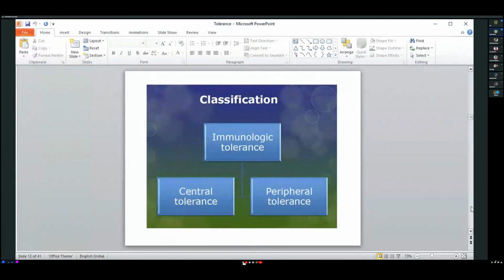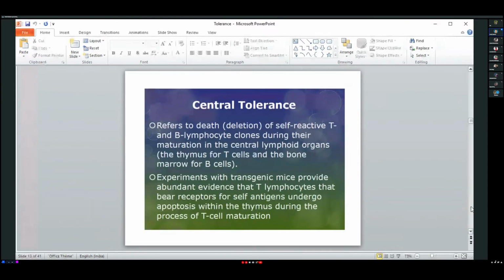নিঃসন্দেহে এটা হার্মফুল হবে। So এবার আমরা জানবো, মনে রাখবে ইমিউনোলজিক টলারেন্সকে দুটো ভাগে ভাগ করা হয়। একটা হচ্ছে সেন্ট্রাল টলারেন্স, আরেকটা হচ্ছে পেরিফেরাল টলারেন্স। এবার আমরা এটা বোঝার চেষ্টা করি। সেন্ট্রাল টলারেন্সটা কি জিনিস দেখো, refers to death or deletion of self-reactive T cell or B lymphocyte clones during their maturation in the central lymphoid organ।